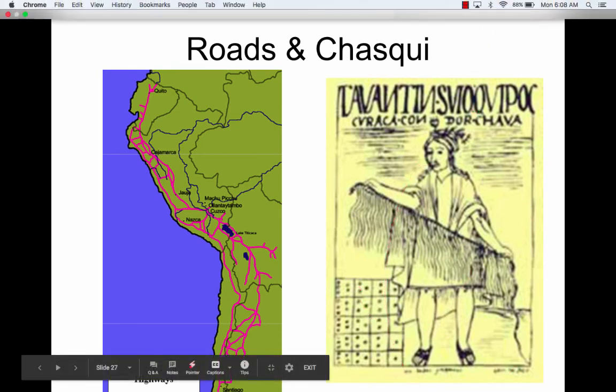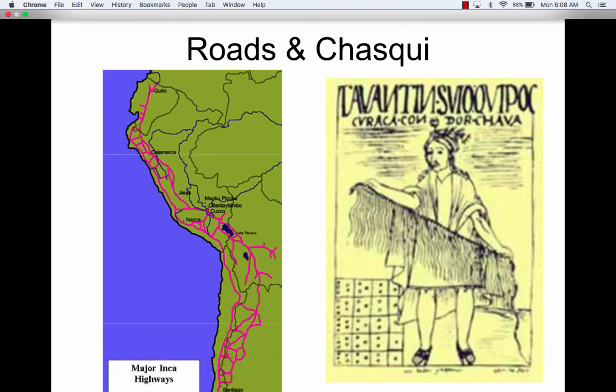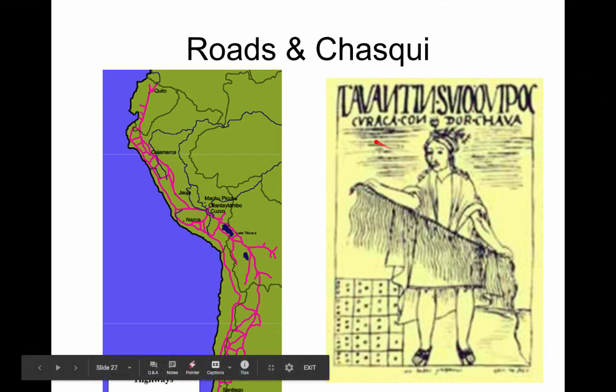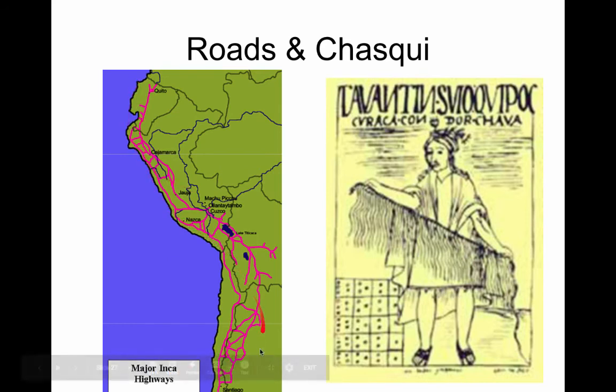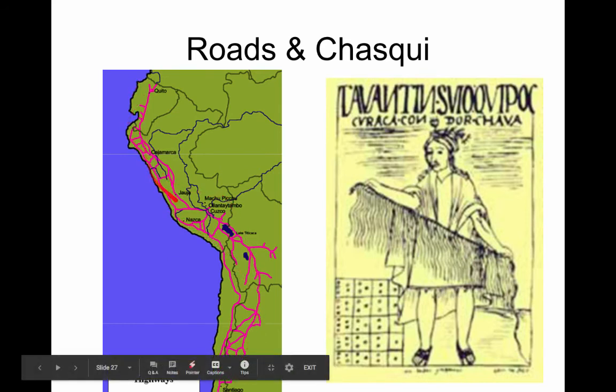So remember, as I said, there were no animals to help the Inca do anything, whether it was build buildings or roads or travel. So everything had to be done by foot. The Chosky were running messengers who would run along the Inca roads. The Inca built this very elaborate road system throughout the Andes, which again was a lot of manual labor. Some of these roads are still functioning today, and cars will drive down them. So they're pretty well made. Some of them have disintegrated over time.